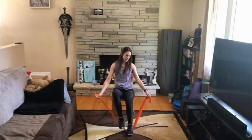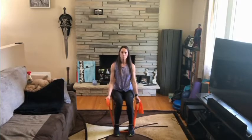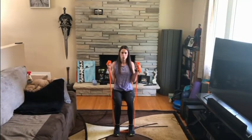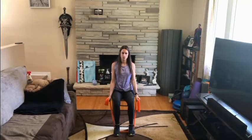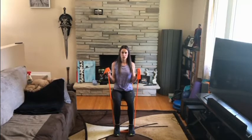All right, we're going to turn the palms to face the body, thumbs up, elbows glued to the sides, and we're going to bring the wrist towards the shoulders. So here we go. 1, 2, so working the front of the arms here, 2, 3, so nice and slow,